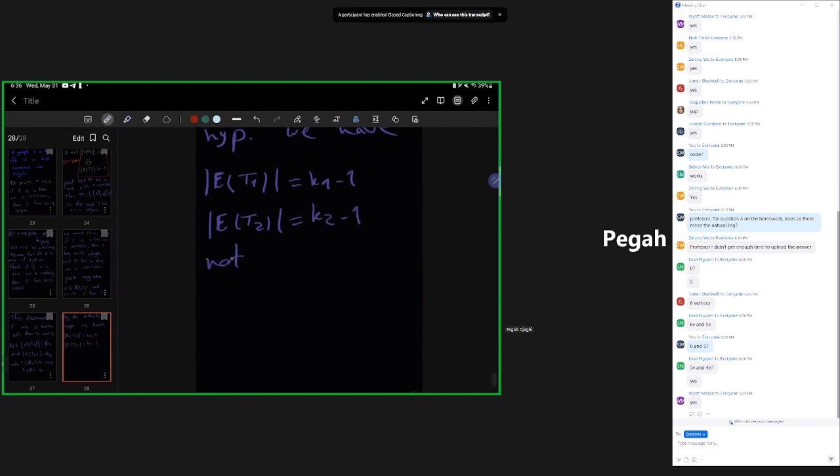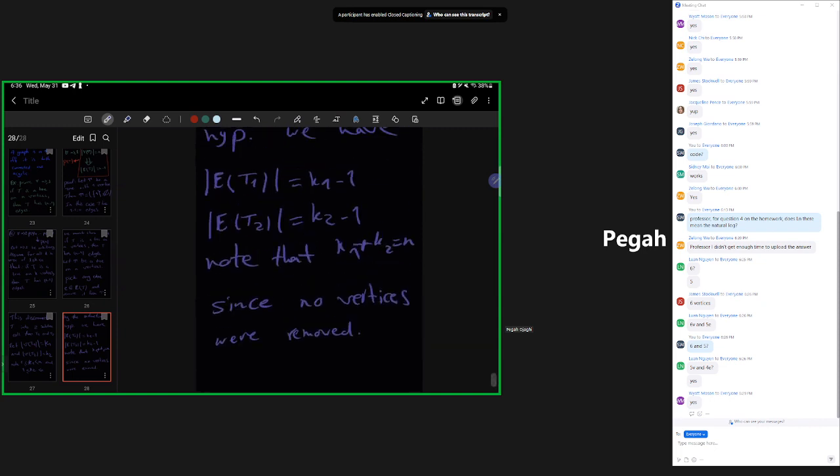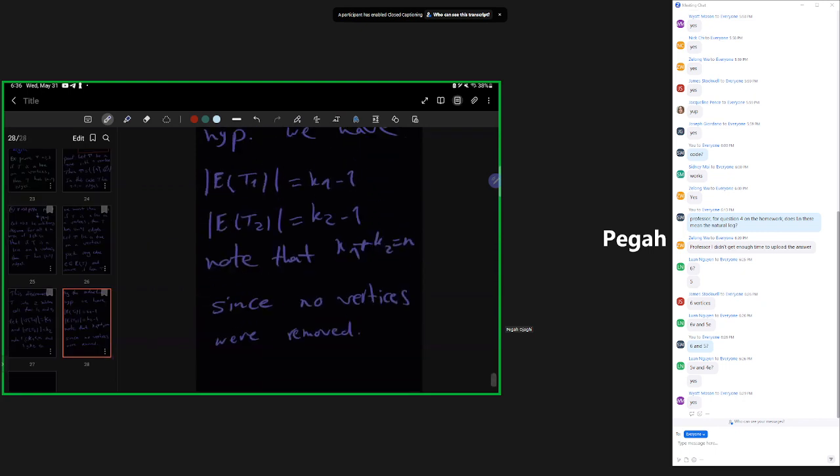We note that K1 plus K2 is going to be n, because we didn't remove any vertices. We just split them by removing an edge, so this holds. Therefore,